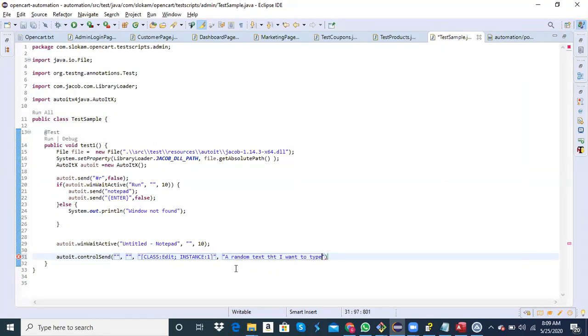So something like this. And then what is the title? If you don't provide the title, it will not perform the operation there.